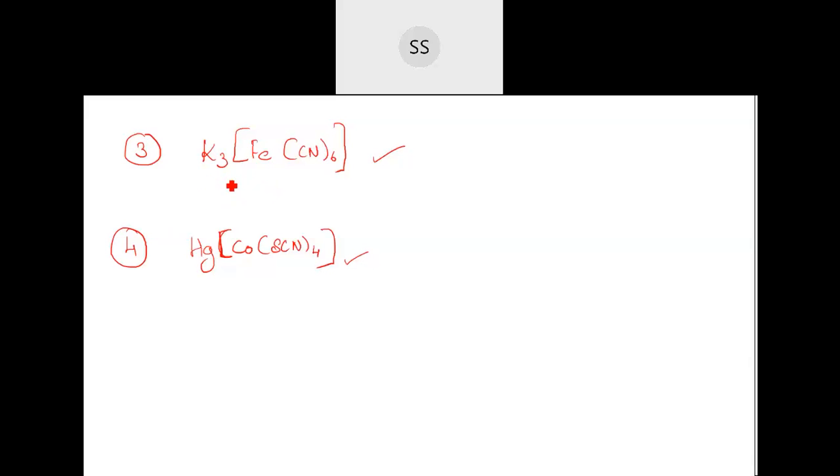So here we were naming the anionic complex, because if a metal comes first, that means the whole complex carries a negative charge, okay? So with that, you have an idea that the complex is an anionic complex. And when you name an anionic complex, first you name the metal, then you give a space. After that, you go for the complex, where you start with the ligand first, followed by the metal. And then you give the oxidation state of that particular metal.